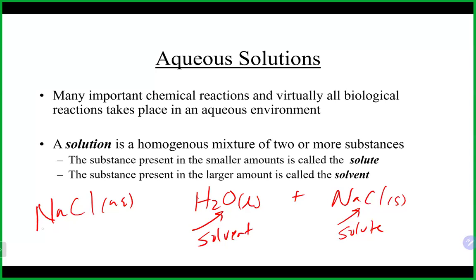How do you know what is the solute in a solution? It's pretty simple. It is the name of the solution. So if you have a sodium chloride solution, sodium chloride is your solute, and probably water is your solvent, as water is a good solvent for ionic compounds. So if it's an ionic compound, water is usually the solvent. Water does not always have to be the solvent. It's actually a pretty bad solvent for something that is molecular and not ionic. But in a lot of cases, if it is ionic, then water definitely will be your